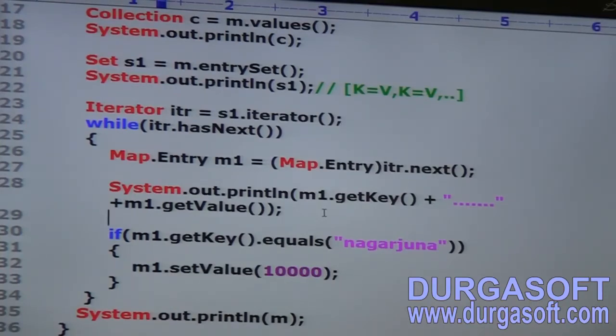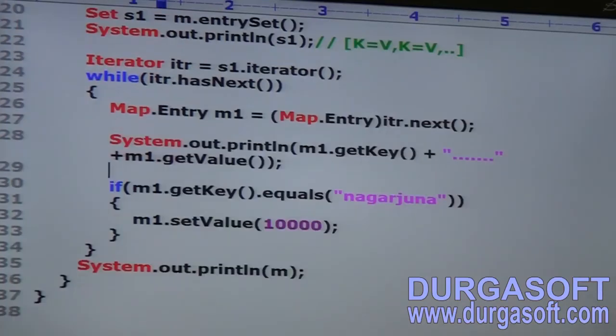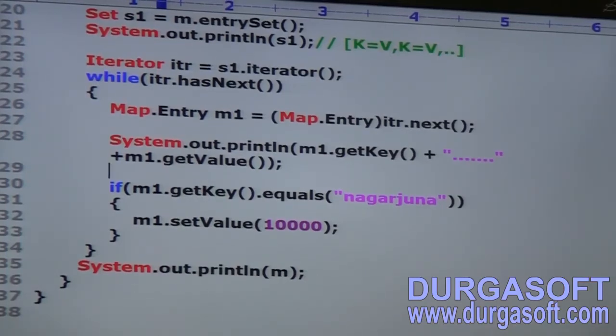Collection C is equal to m dot values, SOP of C. Completed, right? Okay, that's all. This is about what is HashMap.